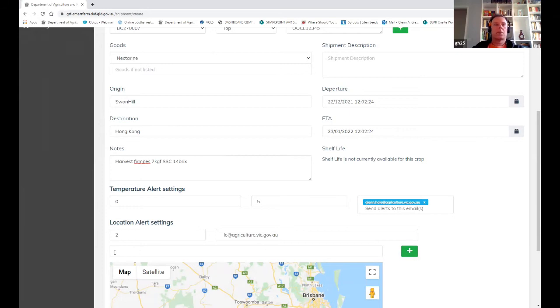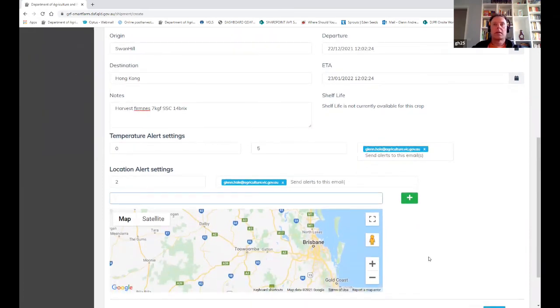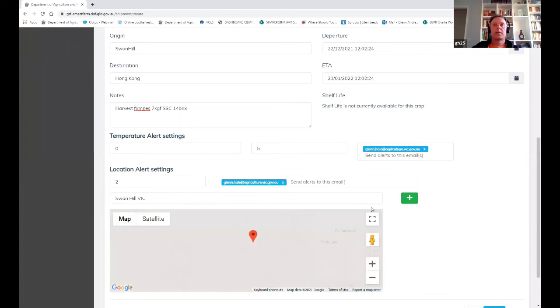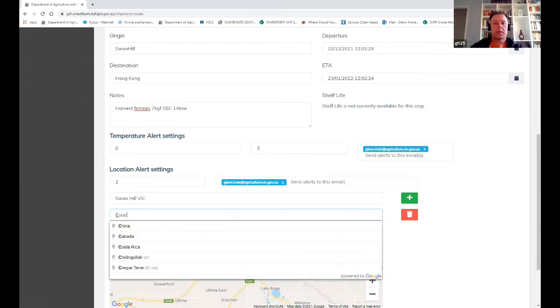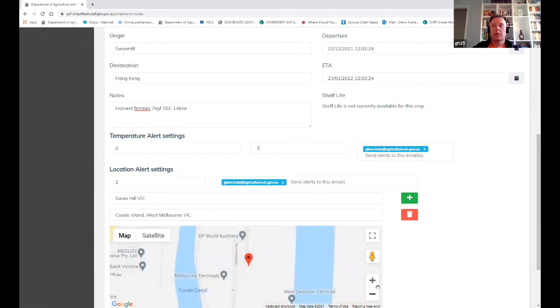And then we can put down the locations along the supply chain that the consignment will pass through. So let's just say, for example, when it leaves Swan Hill, we can add another location by clicking on the plus. Let's say when the container gets to the port in Melbourne, we'll just select Coode Island here.